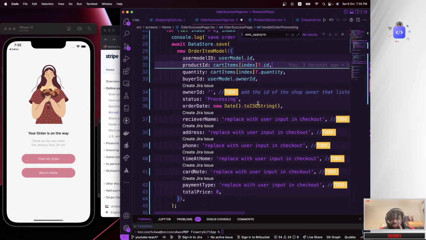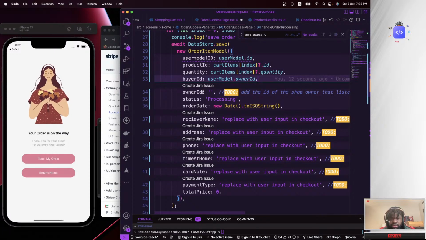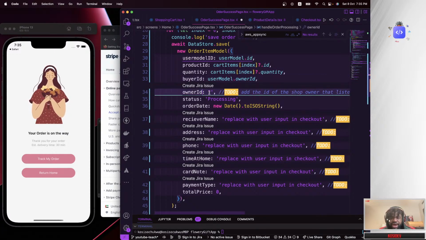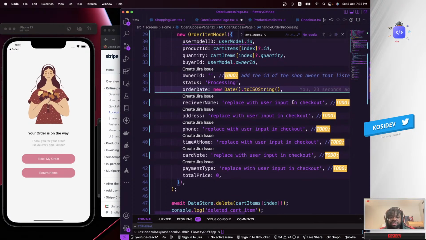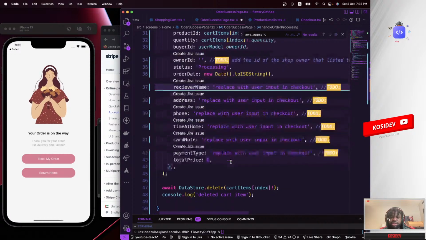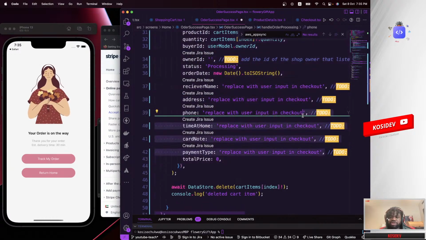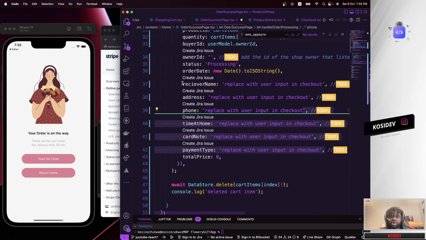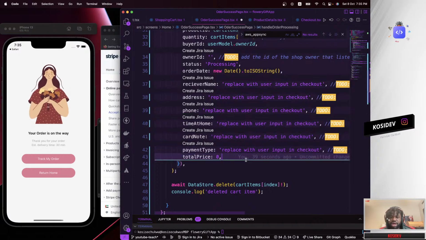What else are we missing? The owner ID. The owner ID is basically the shop that actually listed this product on our shopping app. And the other date is basically the current date at the moment that these items have been created. The remaining ones here I just made a to-do list that we are going to complete later on. But right now let's try this.